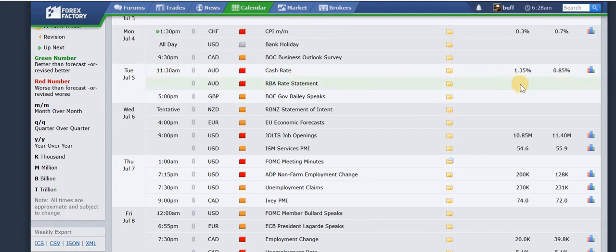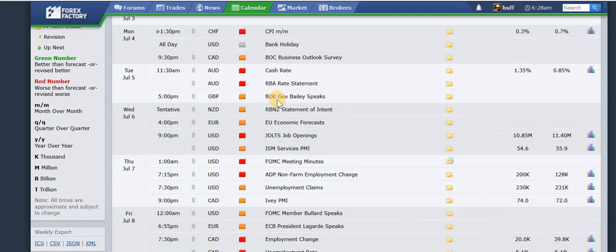Tuesday, here comes the big one, start of the big news. Australian interest rate news. So Aussie, AUD cash rate, they're expecting another rise, so that'll be 0.5%. That's what they're thinking is going to happen. What will happen, we don't know, but that's what they're locking in at the moment. So up from 0.85 to 1.35. So that's a big one on Tuesday. If you're a day trader or on the smaller time frames, be careful around that.